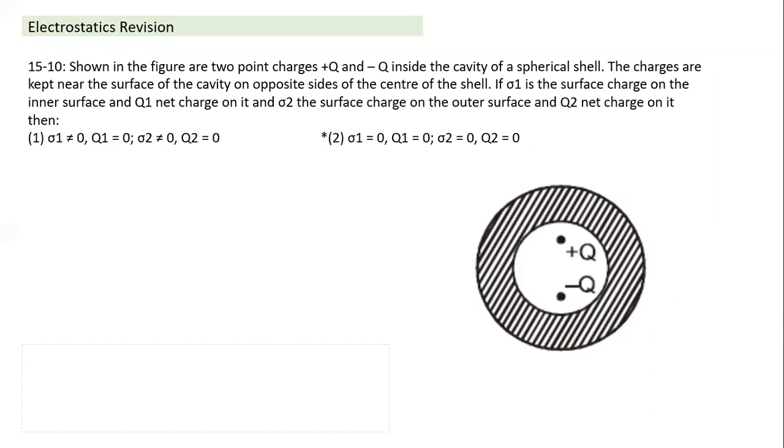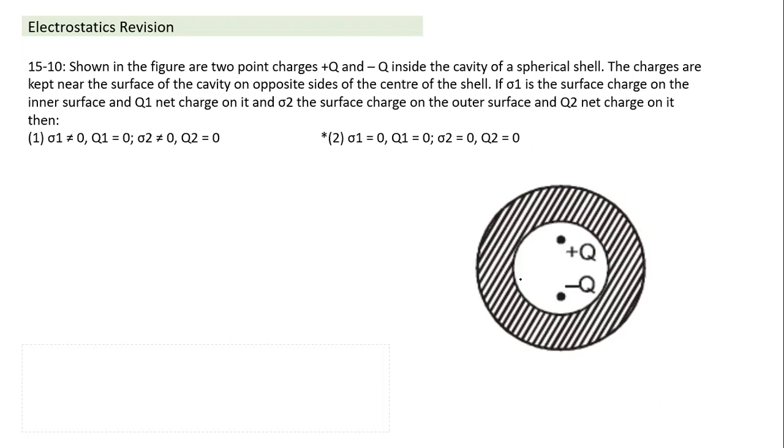This is based on conductor behavior with a cavity. Whenever we place a charge inside the cavity, we know in a conductor the charge can only reside either on the inner surface or on the outer surface. So let's recap some of the important properties here. If we place a charge inside the cavity,